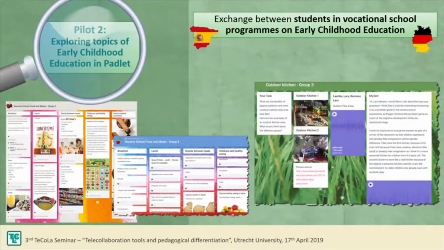So the second pilot was an exchange between Spanish and German students from vocational programs in early childhood education. And in this exchange, students did several tasks and they explored different topics from their professional field. And they decided to do that in an asynchronous exchange